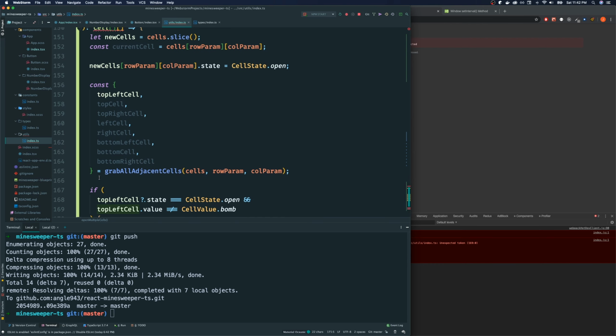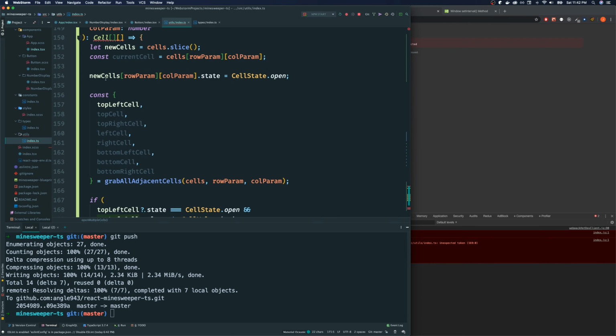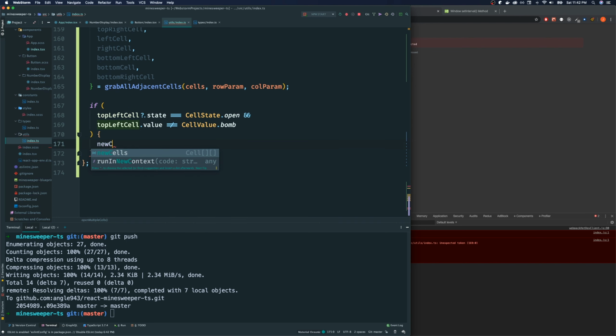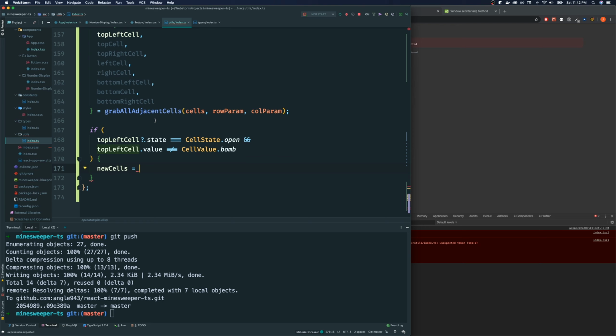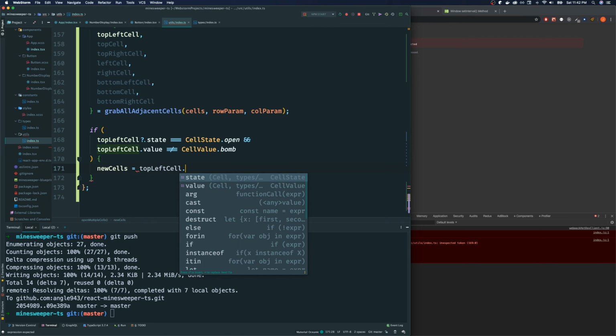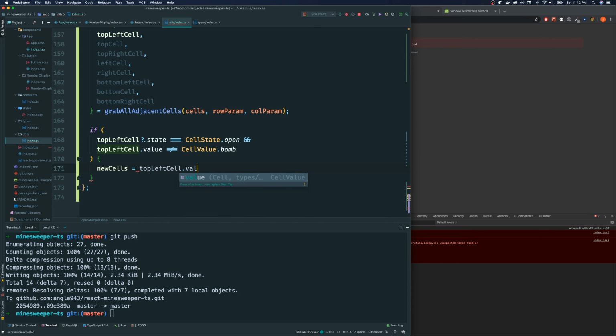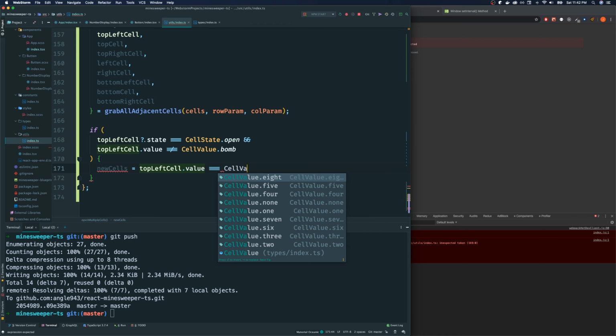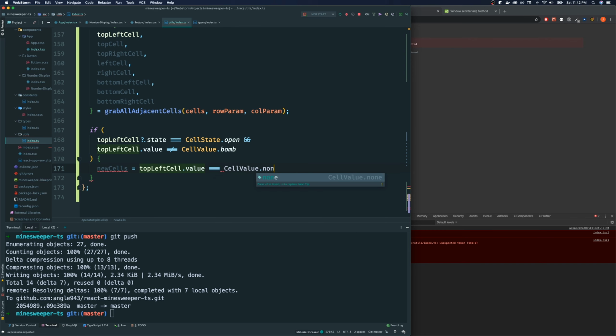So we're gonna say that our new cells is going to be, if top left cell value is cell value dot none, then we gotta open more things